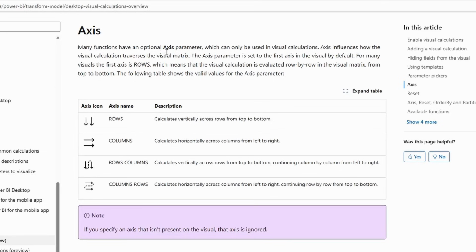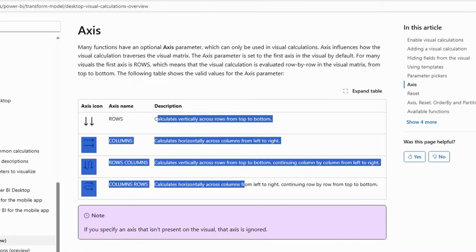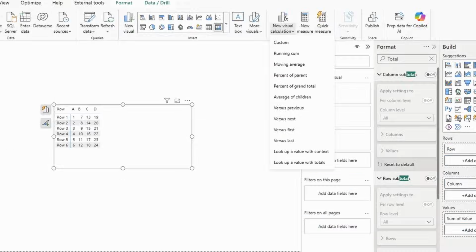All right, let's go ahead and jump into the computer to talk about the axis parameter in Visual Calcs. So first, in the world of DAX, the axis parameter is unique to visual calculations. What I'm on right here is the Microsoft Learn documentation on visual calculations. It essentially controls how the visual calculation actually moves through a matrix. You have four different options: rows, columns, rows columns, and columns rows. Now you can see the definition right here, but we're going to cover how these actually work with a quick